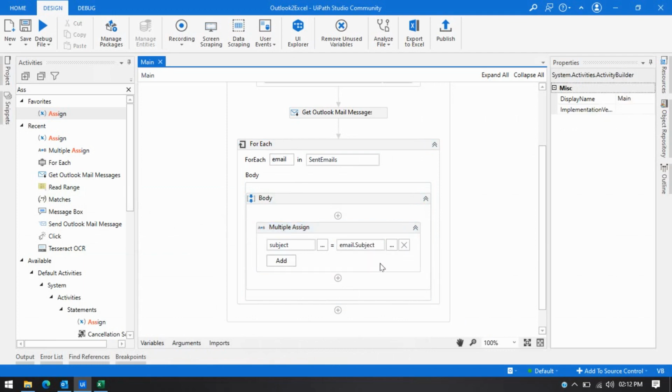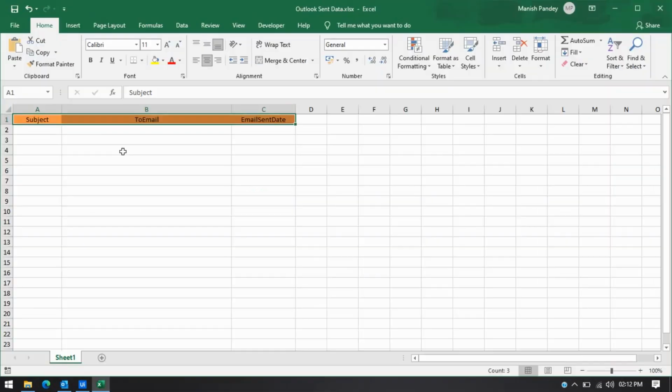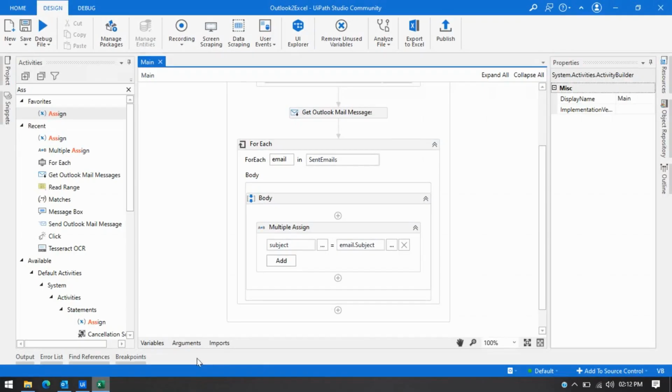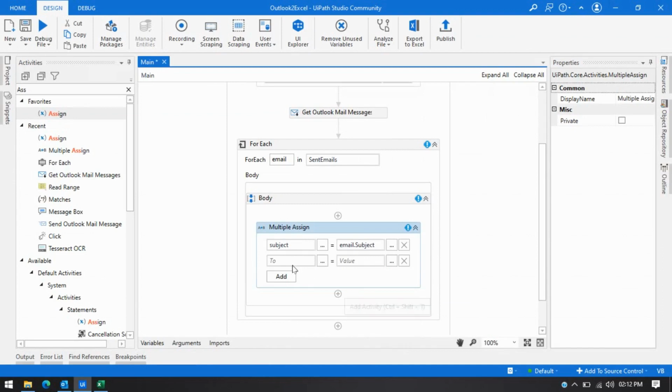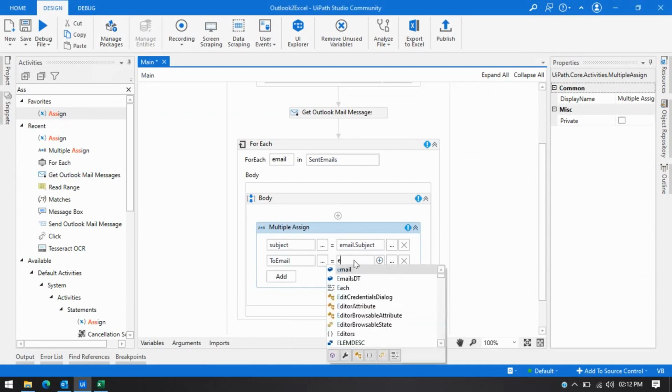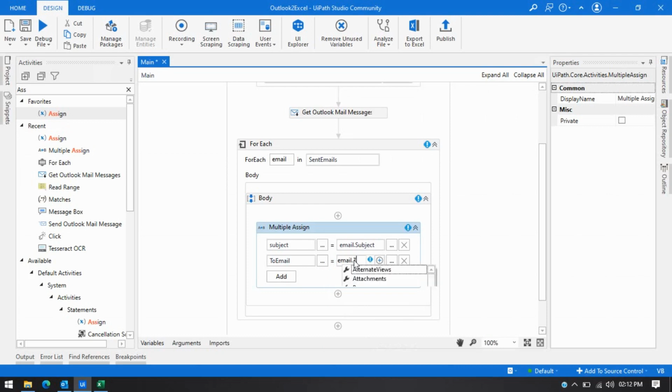Now I want to assign another value, so I need one more assign, so I'm going to click on add, and then here Control K, and this time I need the email, and then here I can use again email.To. Okay, so in this we have to use .ToString.